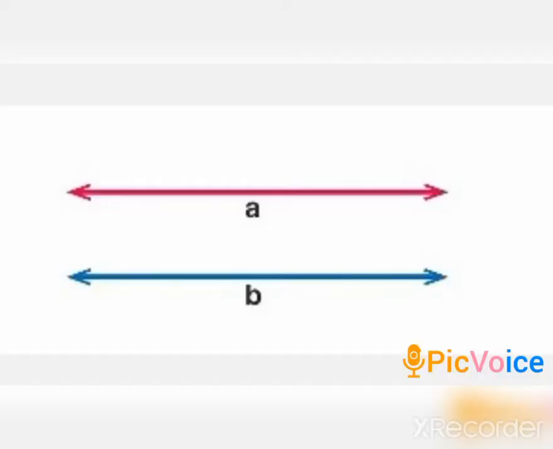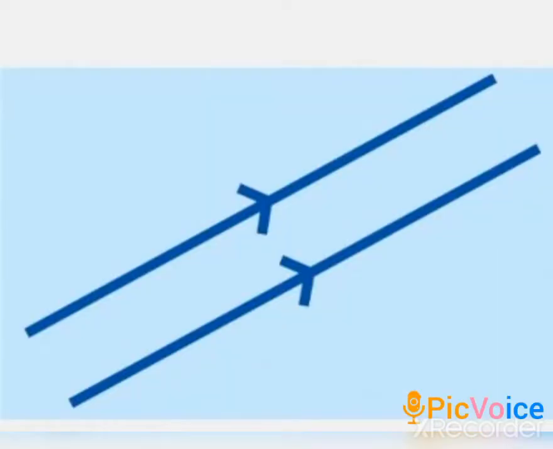So friends, these are the parallel lines. You know this, right? A and B, both the lines are parallel to each other. I'm just telling you about this to have a better understanding of the further topics. So think that these two are parallel rays. In which direction are the rays moving? Light rays might be from a candle or from another source, but in which direction are these rays moving?